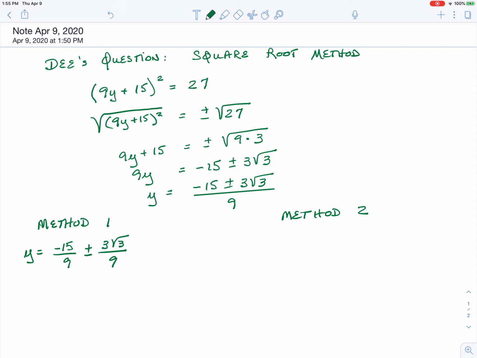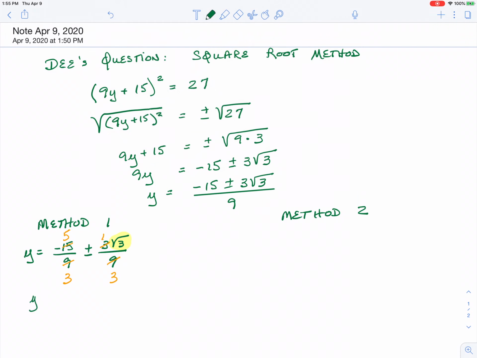Now when I do that, I think you'll be able to see that I can simplify by reducing using a factor of 3 with the 15, the negative 15 and the 9. I can also reduce here with the 3 and the 9. Notice I never go underneath the radical and address anything there. You just leave that the square root of 3. Right, so when I do that,